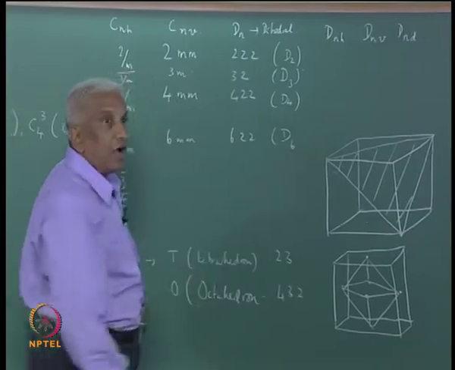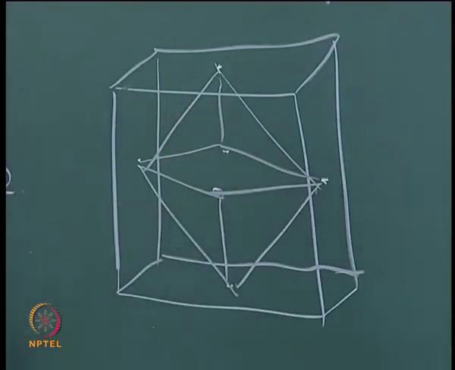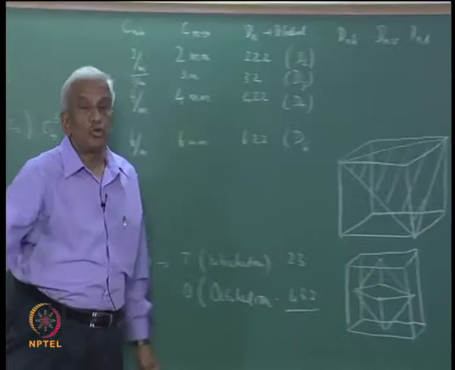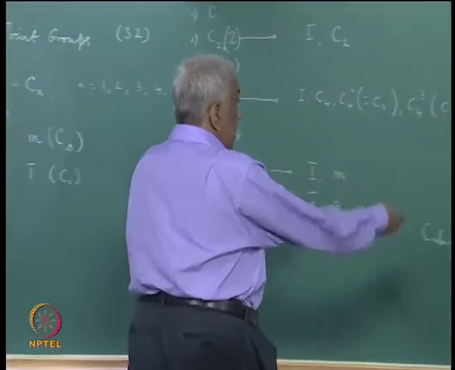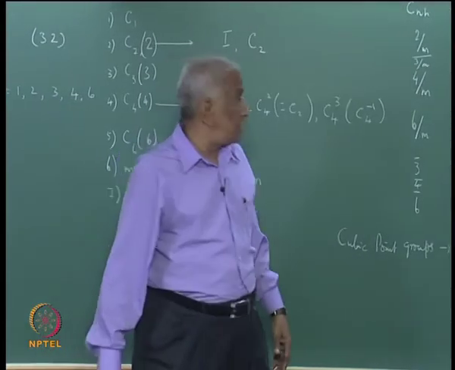So, one can see how a cube has implicit the octahedral symmetry, and the octahedral symmetry is consistent with a fourfold axis and a threefold axis and twofold axis. So, it is also known as 4-3-2, and then one can also have additional mirrors